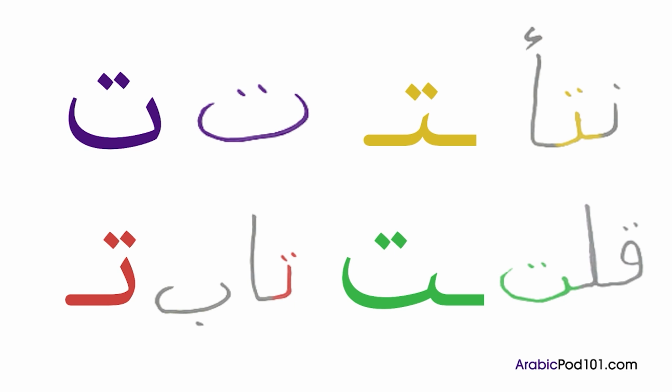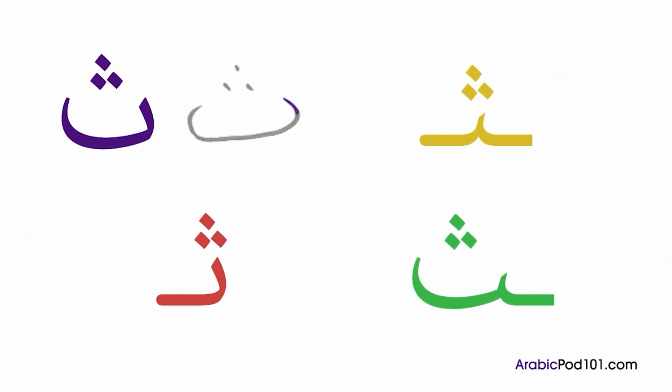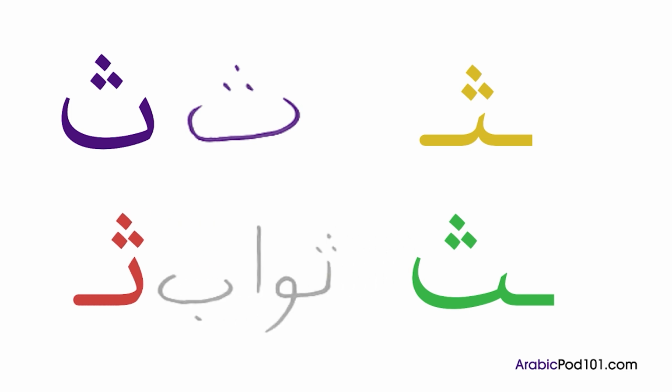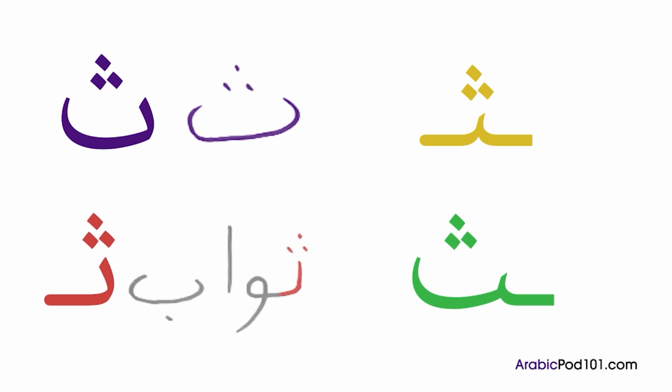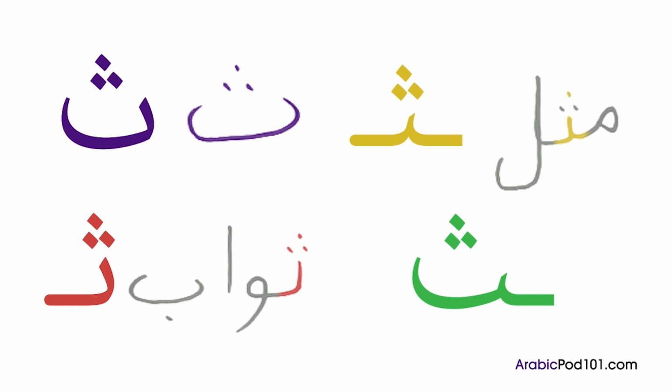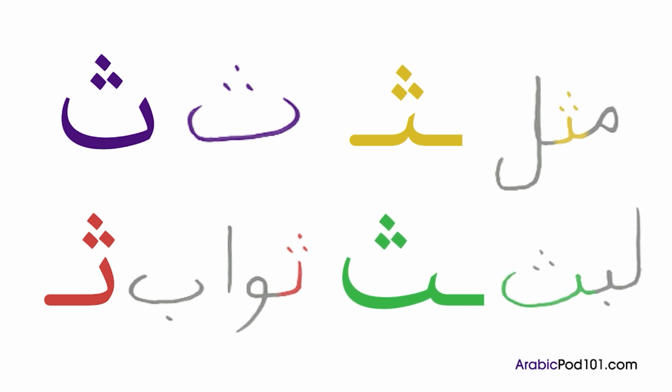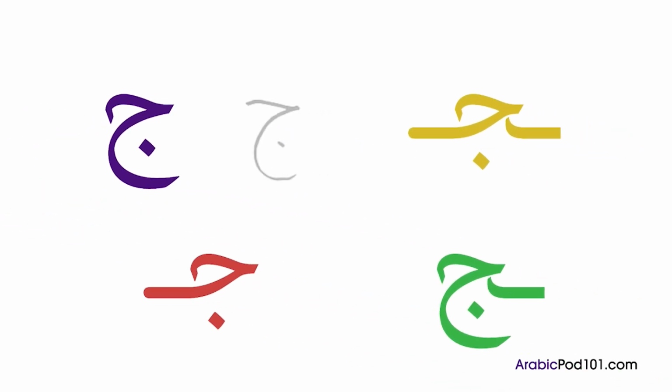Finally, we have tha, isolated, initial, medial, final. That's it for lesson 2. Their shapes look like a boat, remember? Next, let's review lesson 3. In the third lesson, we learned 3 more letters that look alike. Jim, ha, and kha. Here's Jim, isolated,